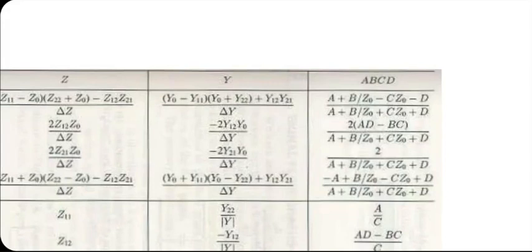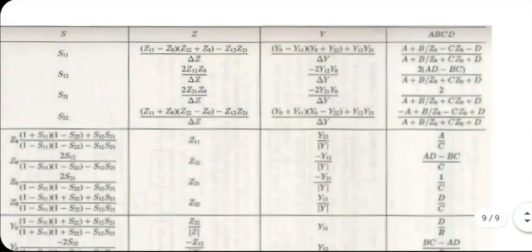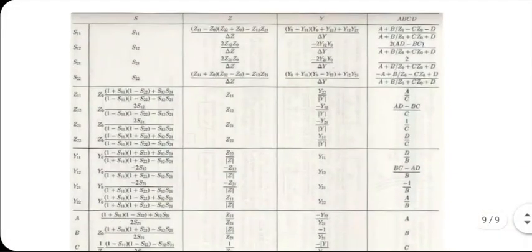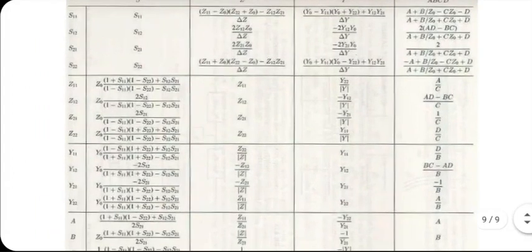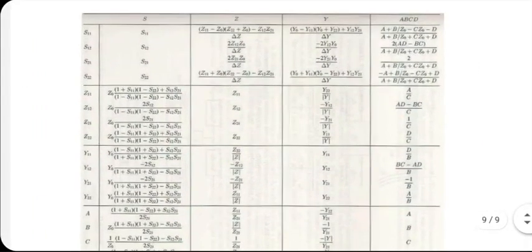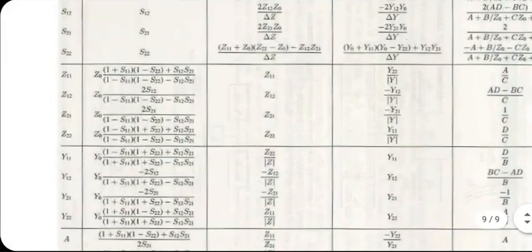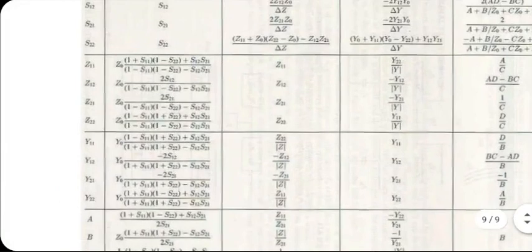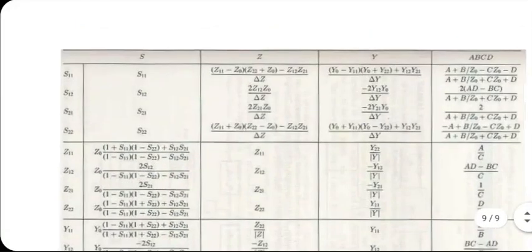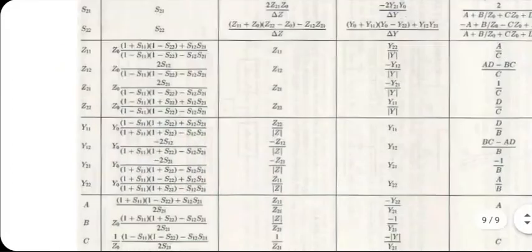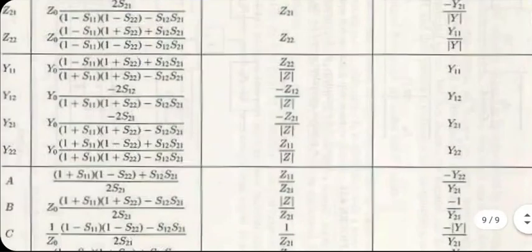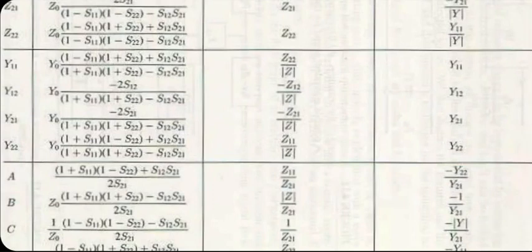People have done all these derivations. This table is a very powerful table for converting circuit parameters from one kind to another. Many of these formulas were already done by us. For instance, if you want to convert Z parameters into Y, these are the formulas, which I think we have gone through already. If you want to convert Y parameters into Z parameters, then also formulas are here. We have done that also in previous documents. Some of them I showed, some of them I wanted you to prove.